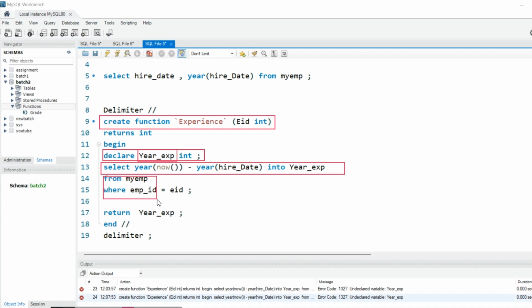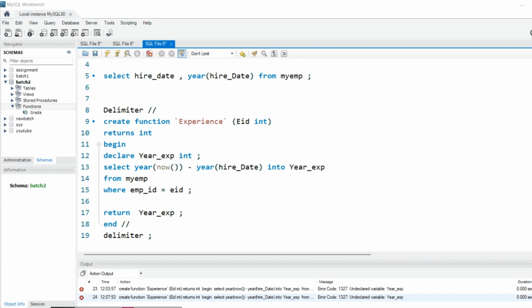Employee ID I chose as a parameter from here. This employee ID I get from here. Okay, so here I return our values, I close the return values here, then end delimiter. That's how we create our function.